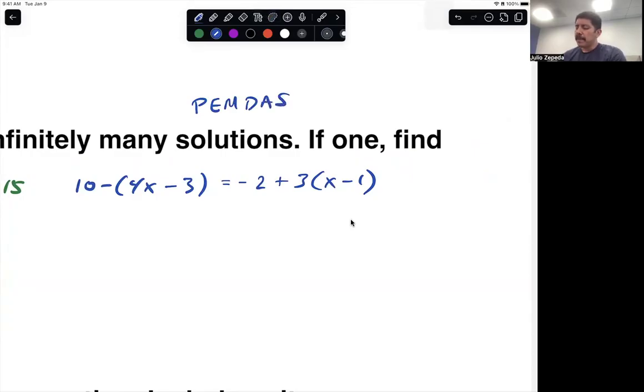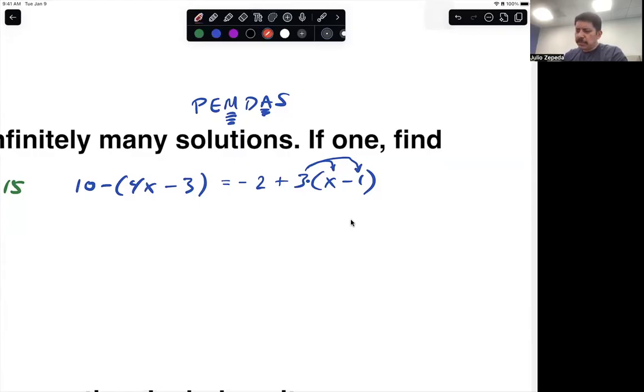And so the multiplication that the 3 is going to do to this x minus 1, the multiplication should come before any addition, right? The addition is right here. It comes after multiplication. So we'll distribute the 3 rather than add it to the -2. And then